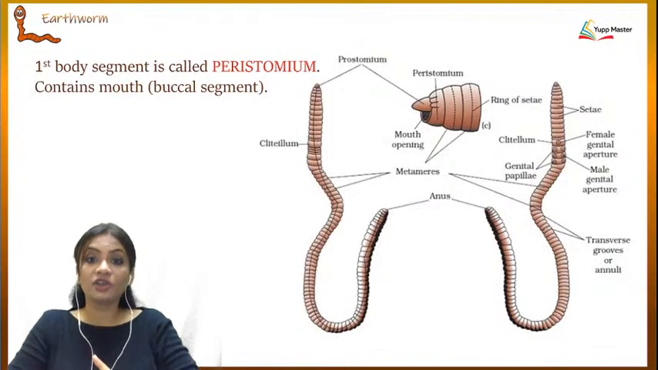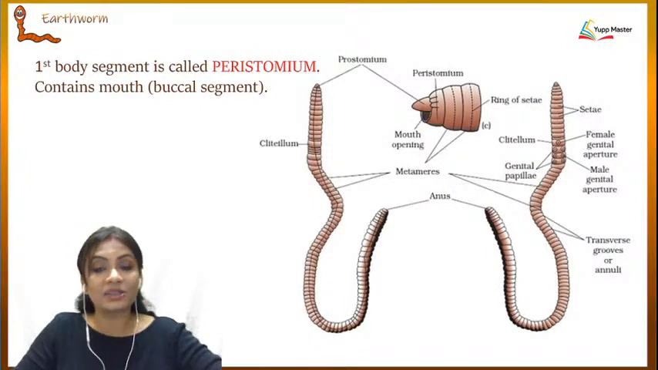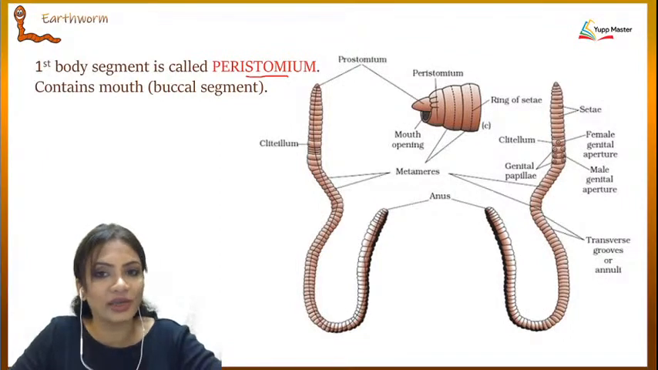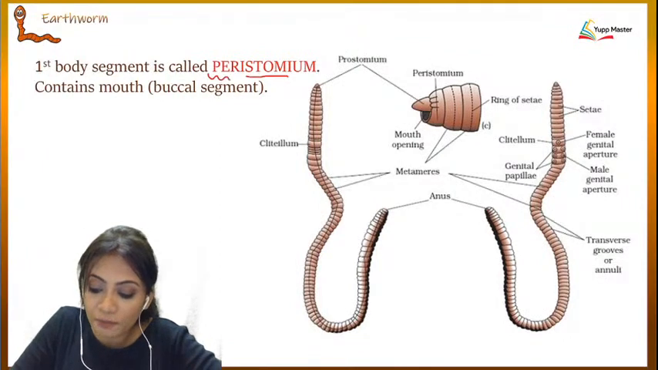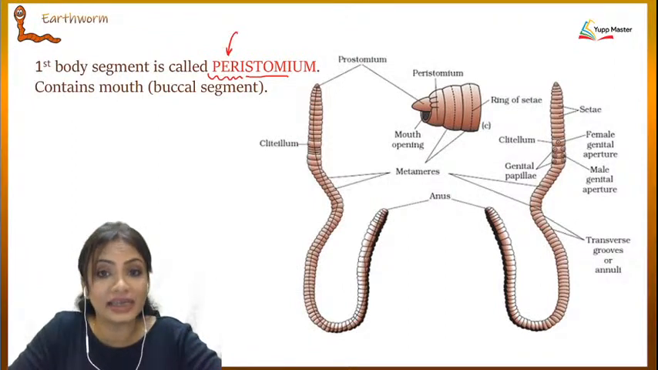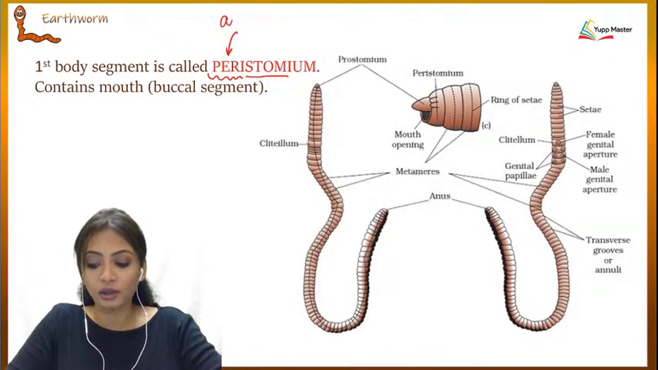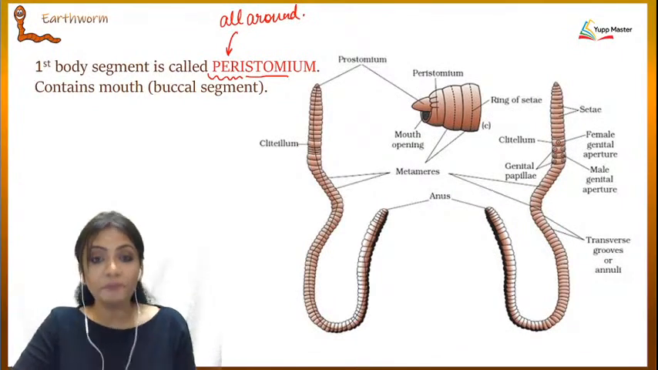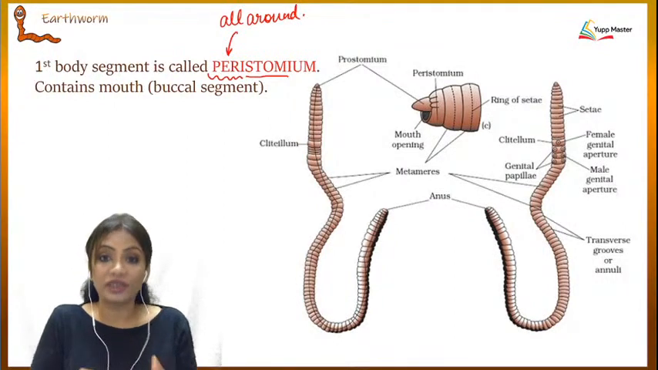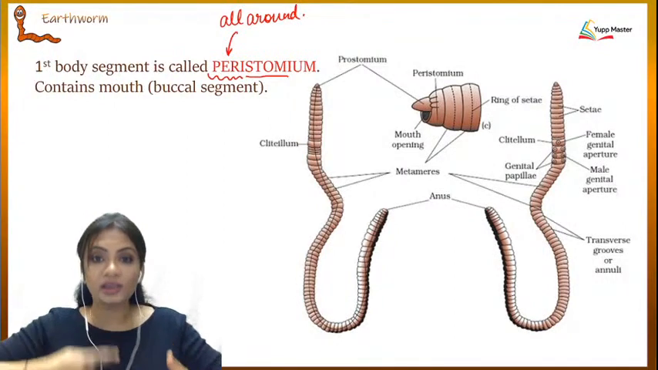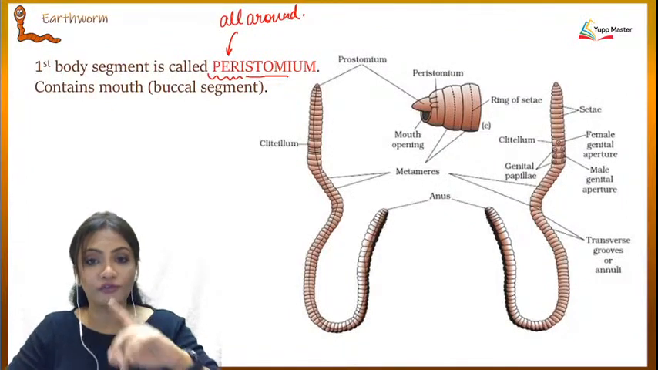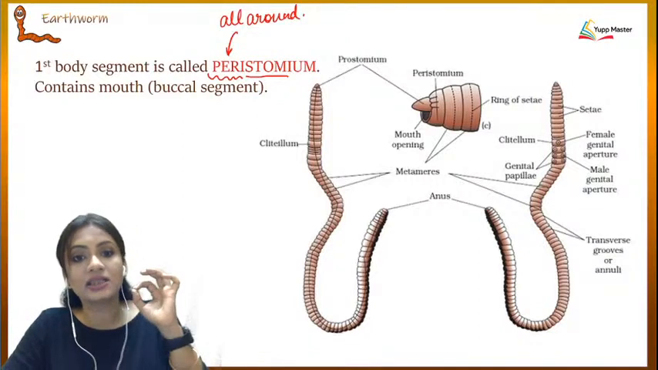Now when we talk about the peristomium, let's break this word up, okay? When we talk about stoma, you know it means mouth. What does the word peri mean? Peri always indicates something that is all around. So when I am saying that it is a peristomium, it means that this is a segment which is placed all around the mouth. Okay, so we see that the first body segment of the earthworm is called the